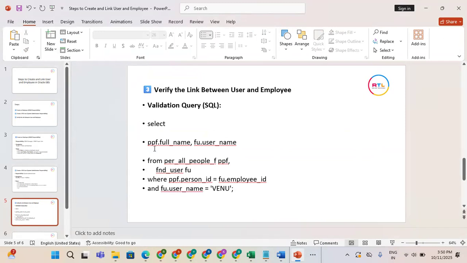These are the steps that we need to follow: creating a user and then linking it with the employee. It's a very mandatory thing when you are working as an administrator or a team leader. It's a very basic thing that we have to learn before moving deeper into EBS